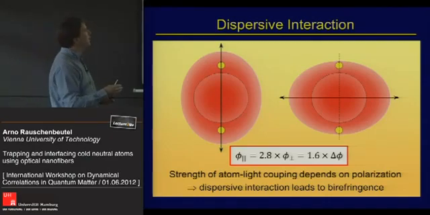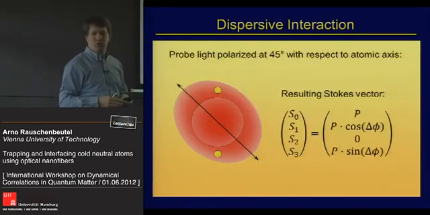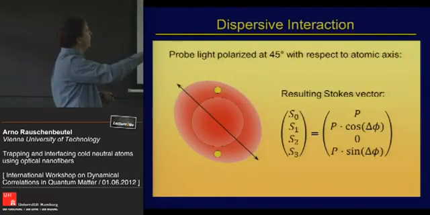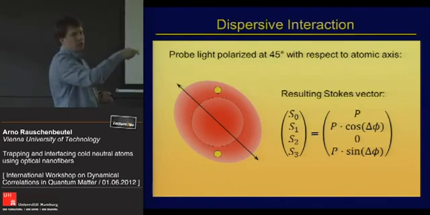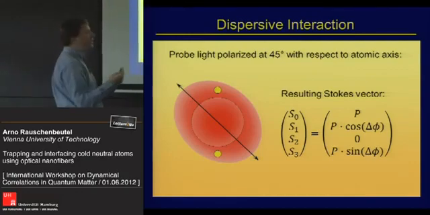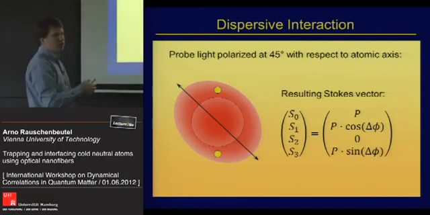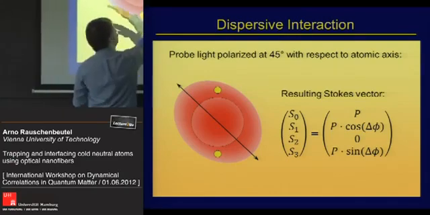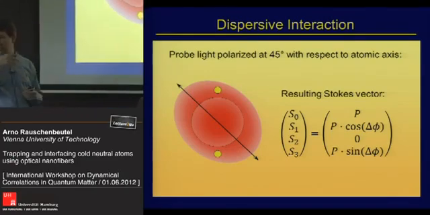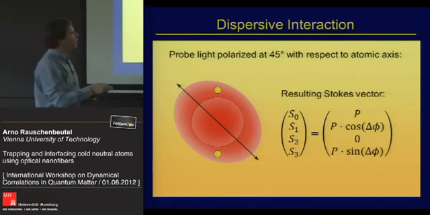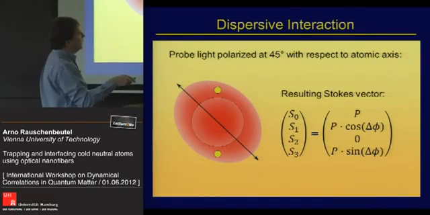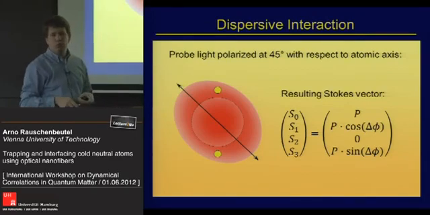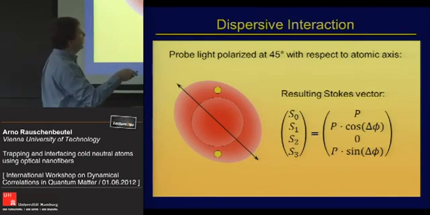It's very easy. You just send a linear superposition of these two modes, which is just linearly polarized light at 45 degrees. Now this contains this polarization and this polarization component, and if I now have a retardation of this polarization component, it will just result in the polarization turning and becoming elliptical and eventually circular. So if you look at the Stokes vector of the light propagating through the fiber, then as a function of this phase difference between the two modes, you see the linear component disappearing while the circular component